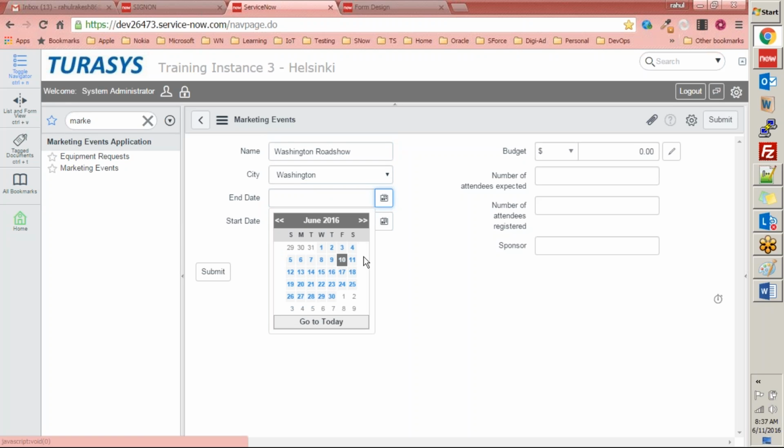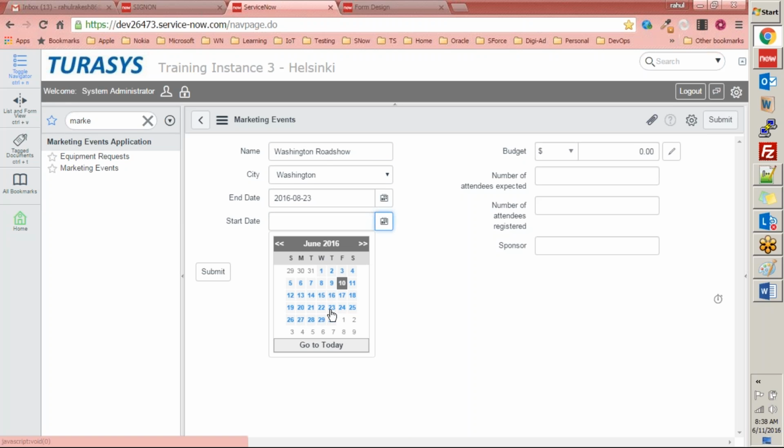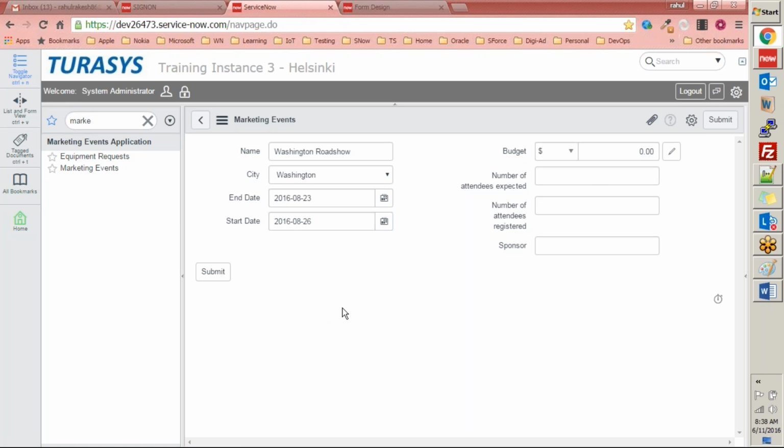The start date for this roadshow will be, let's say, August 23rd to August 26th. The budget for this marketing event is $5,000. The number of attendees expected is, let's say, 45. And the sponsor is, let's say,